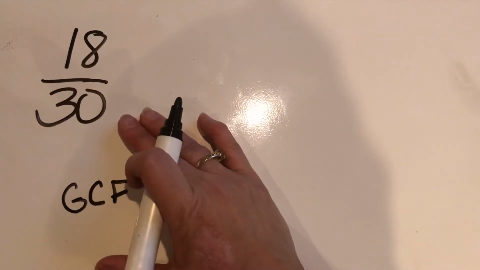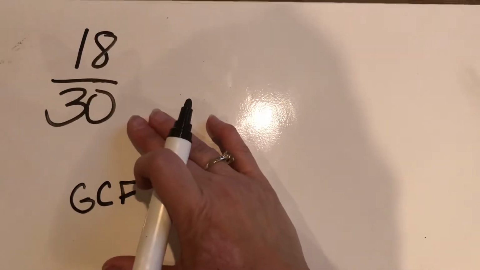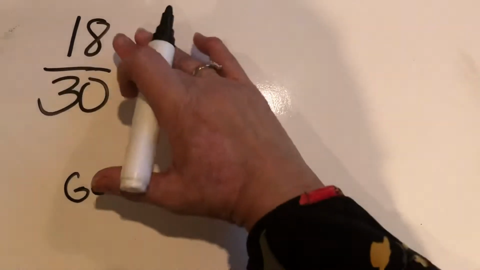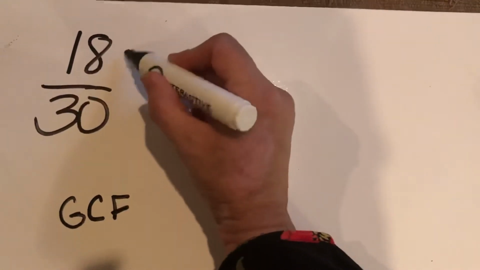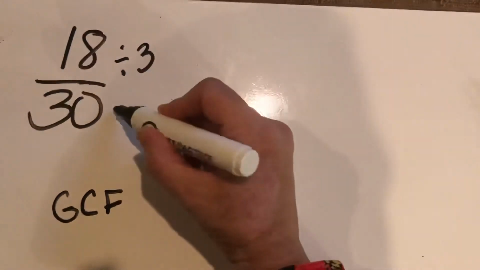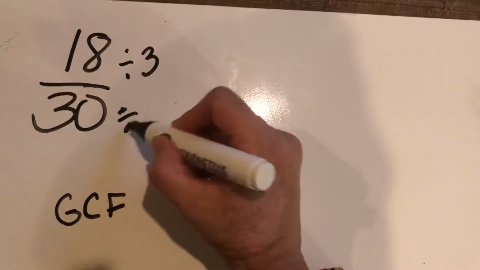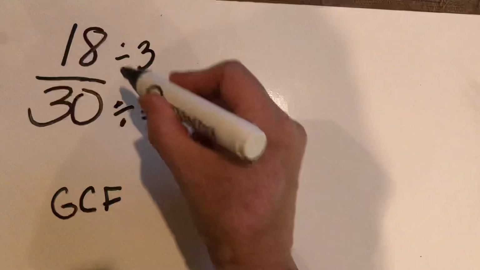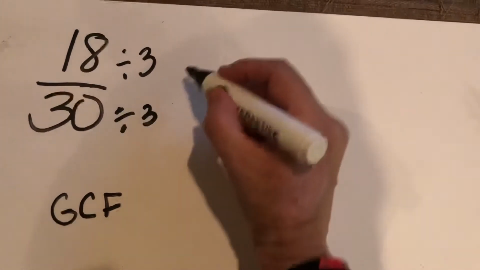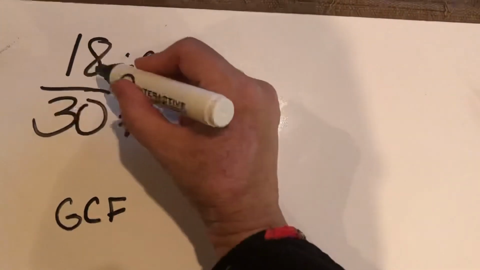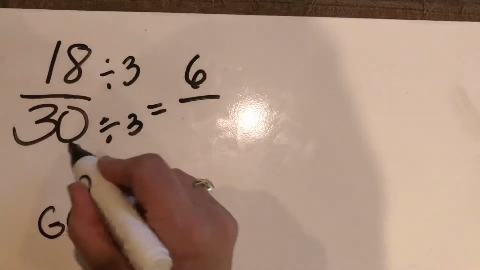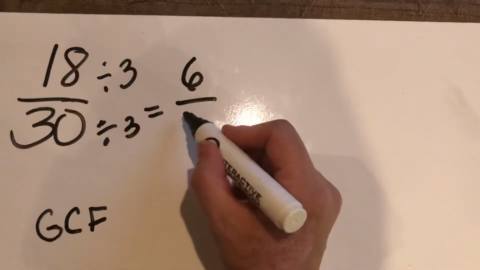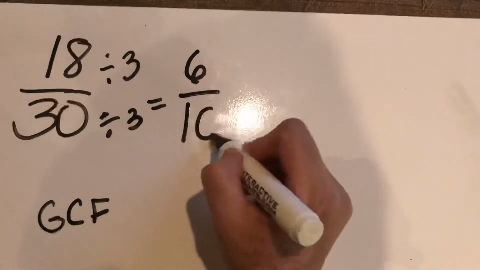So if I think to myself, oh, how about 3? Because I know that 3 can go into 18 and 3 can go into 30. So I'm going to divide this by 3 and this by 3. Divide the numerator by 3, divide the denominator by 3. And when I do 18 divided by 3, I'm going to get 6. When I do 30 divided by 3, I'm going to get 10. Now,